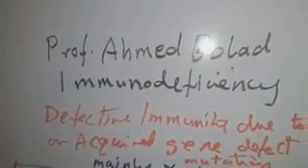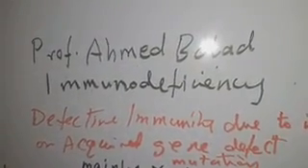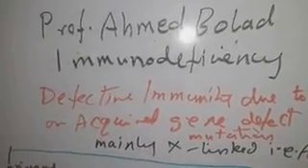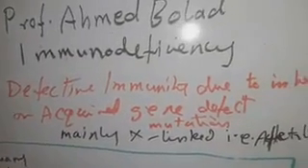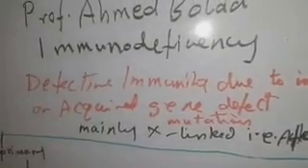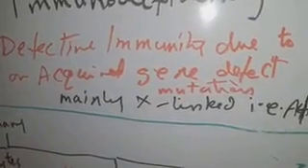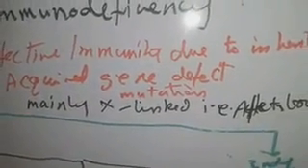Today I'm going to talk about immunodeficiency. As you know, immunodeficiency can be defined as defective immunity due to an inherited or acquired gene defect. Acquired gene defect by spontaneous mutation, and it is mainly X-linked. That means it affects boys more than girls, and it appears early during infancy or during the first or